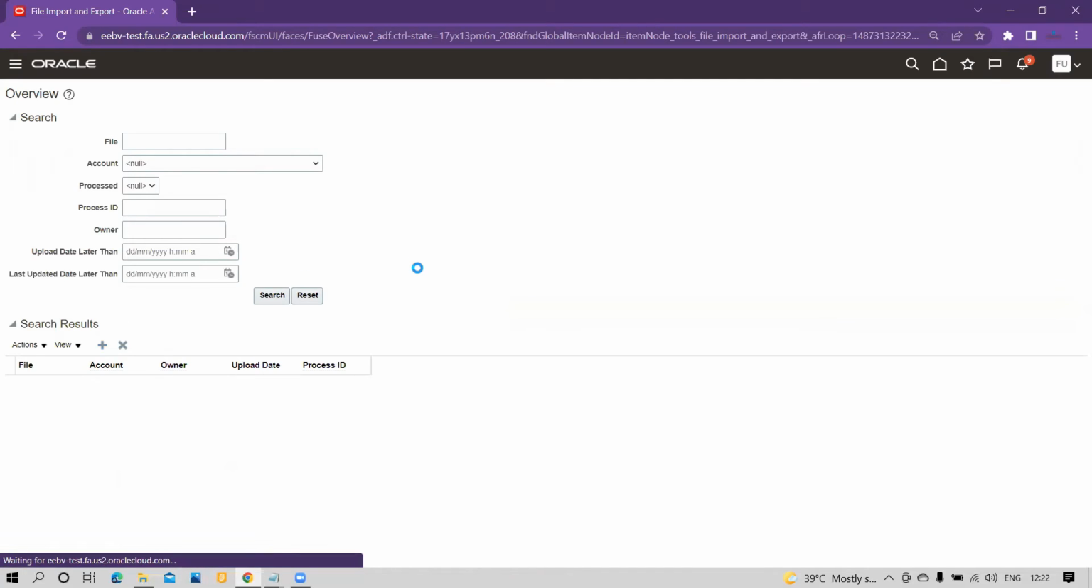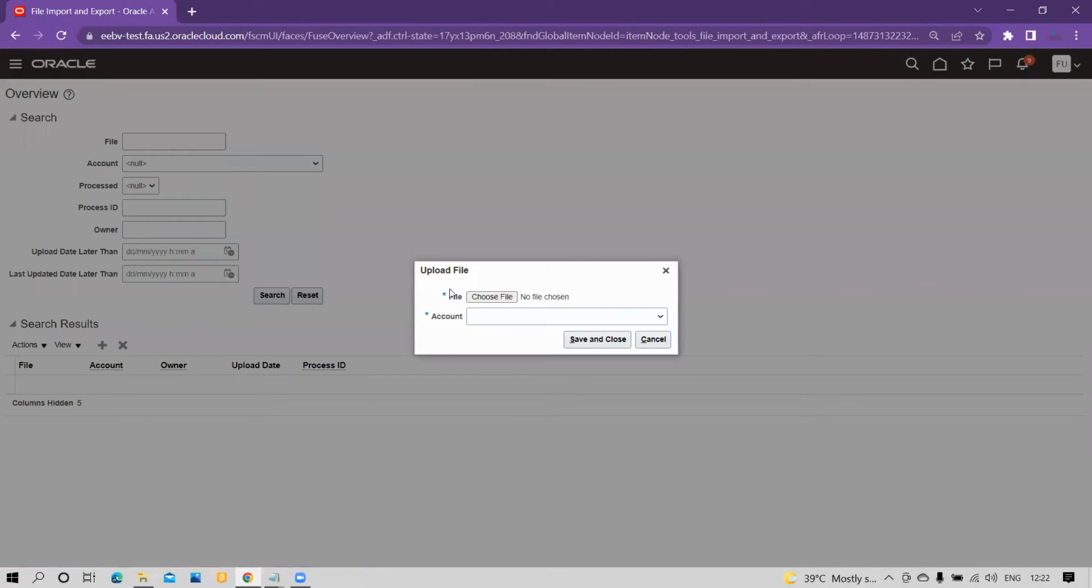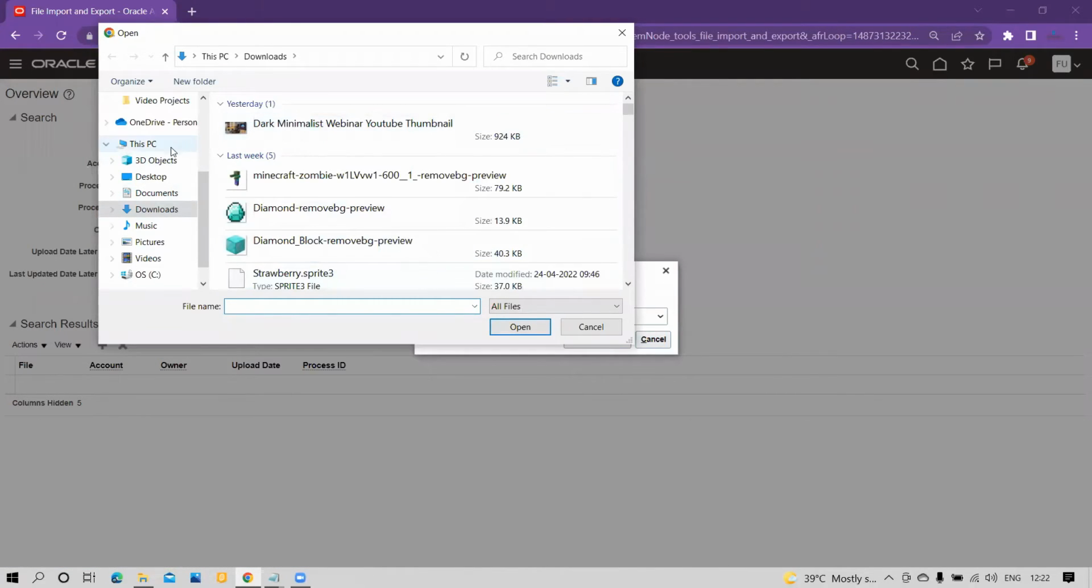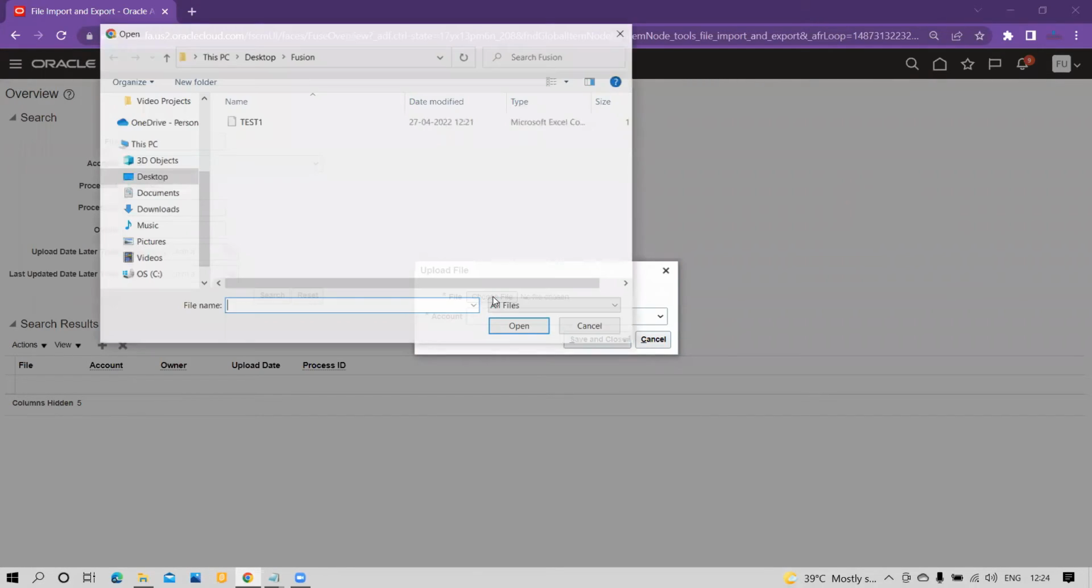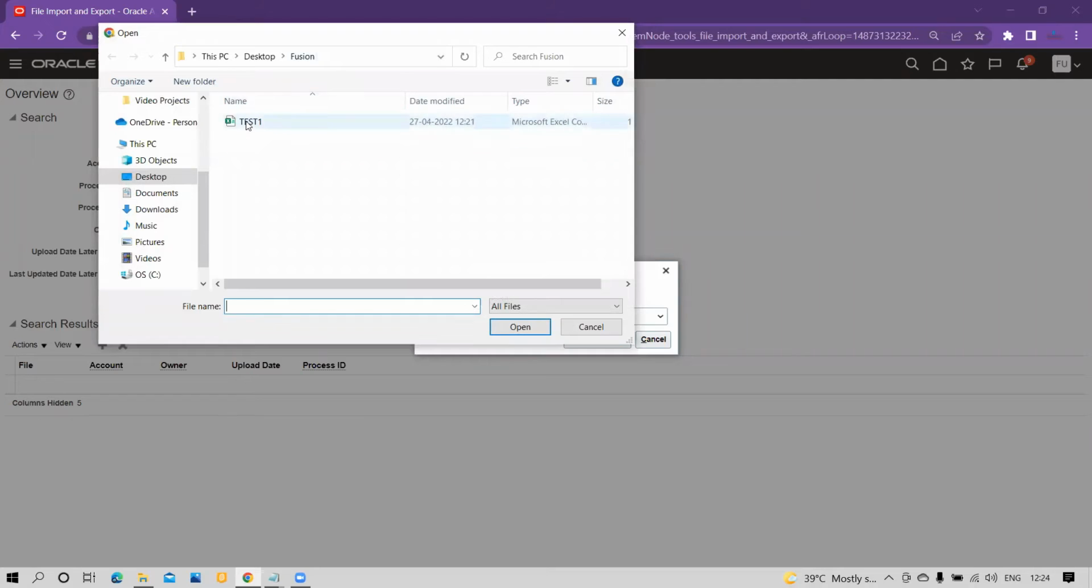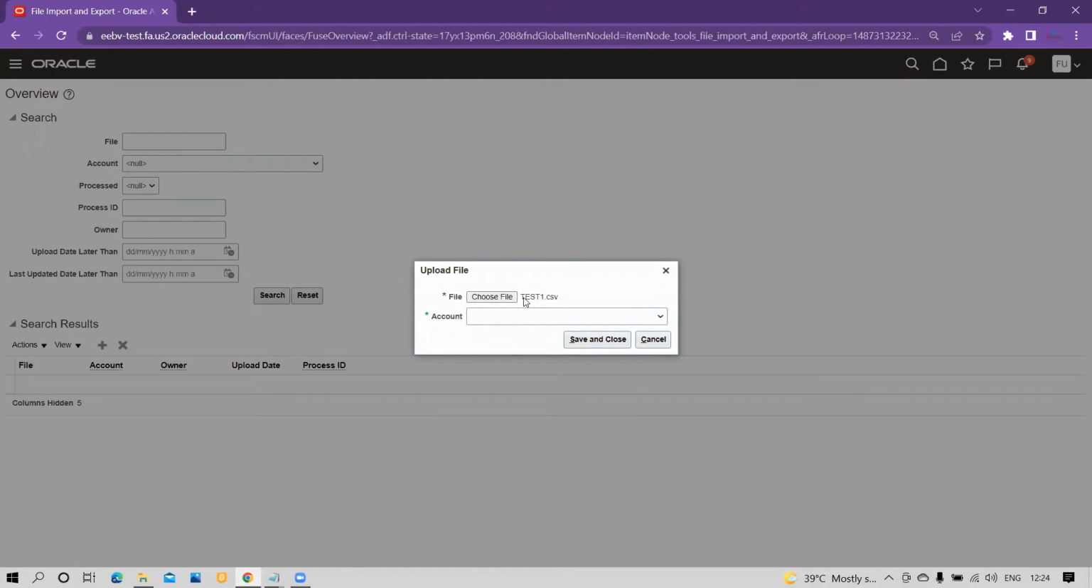So for that you have to click on plus. Any kind of setup and maintenance related data you have to upload. So I will upload the file. I've saved it within the Fusion, and this is my file with the two values for the value set along with the descriptive flexfield values. So I click on open,